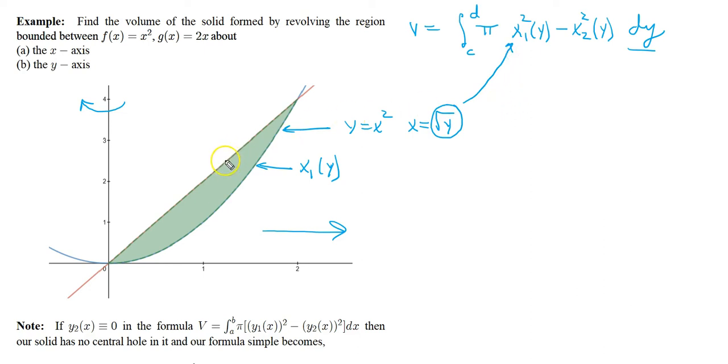Now the lower curve with respect to the x-axis is now going to be this one here, and we'll call that x2 of y. So now we need to take this equation, which was y equals 2x, and solve for x in terms of y. Well, if we divide the 2 to the other side, we get that x equals y over 2. And there we go. So x2 equals y over 2. So we will put this in place of the x2 now. And so what we get then is we get for our volume